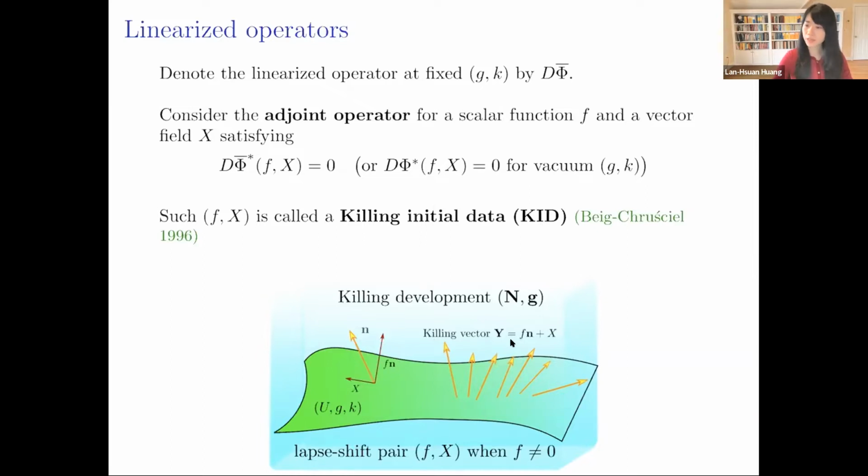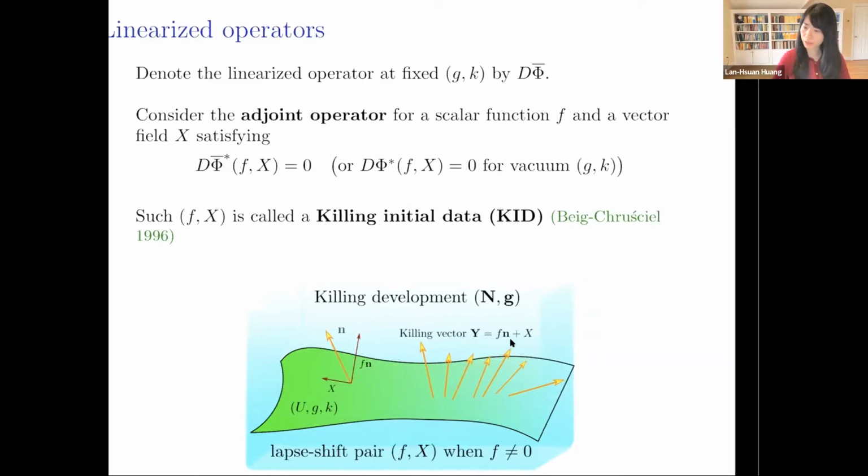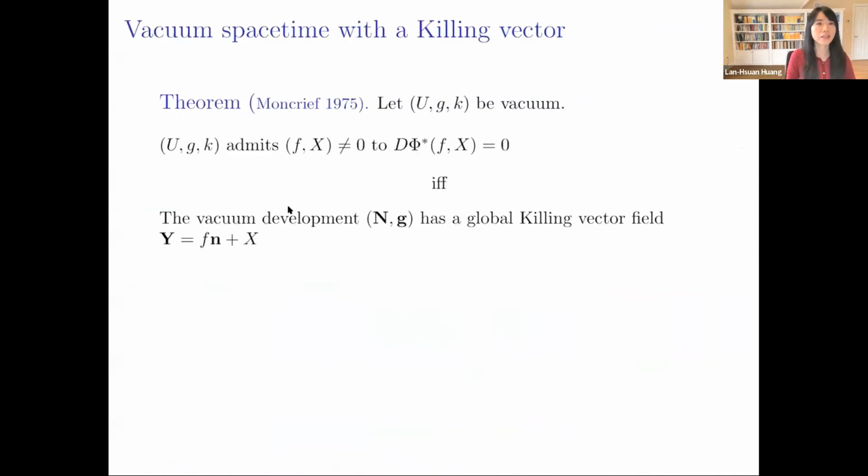So this really has a more classical result. They define it in 1996, but in Moncrief, you already find this concept in '75. A very classical result is this: suppose the initial data is vacuum. And then if it has a non-trivial (f, X), the Killing initial data,